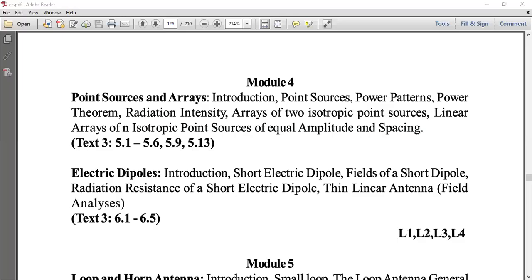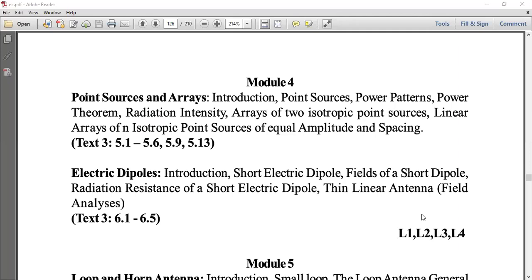Okay. So we'll move on to the fourth module. Before just going into this, I want to tell you what exactly the fourth module is about. You have the first chapter relating to point sources and arrays, where you will be studying the introduction of point source, what the power patterns are, and there is a theorem related to power, which is the power theorem, radiation intensity, arrays of two isotropic point sources,